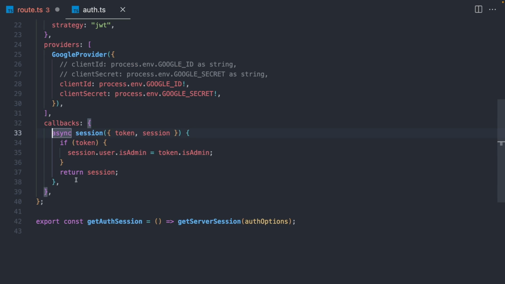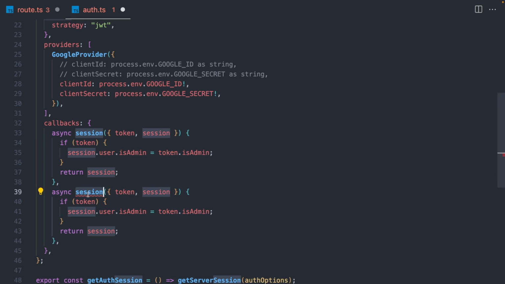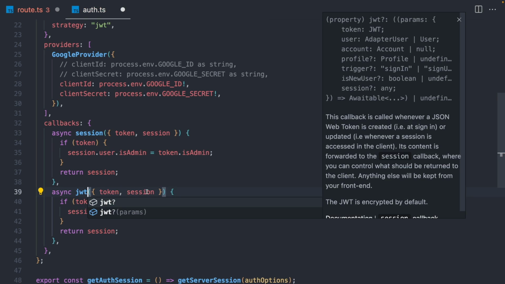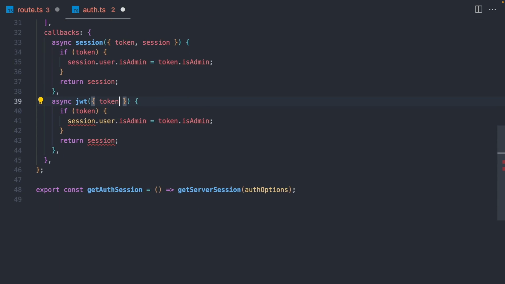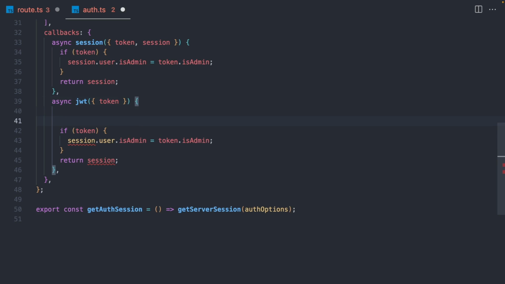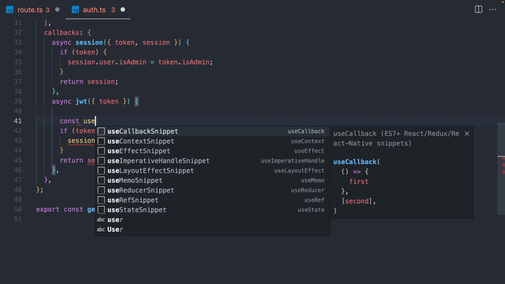I'm going to add another callback, and it's going to be JWT. It's going to take the token. And firstly, I'm going to search my user in my database, and I'm going to check if the user is admin or not. And I'm going to take that Boolean and put inside my token. Let's say userInDB,